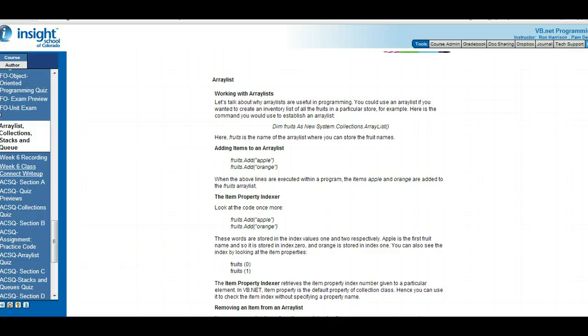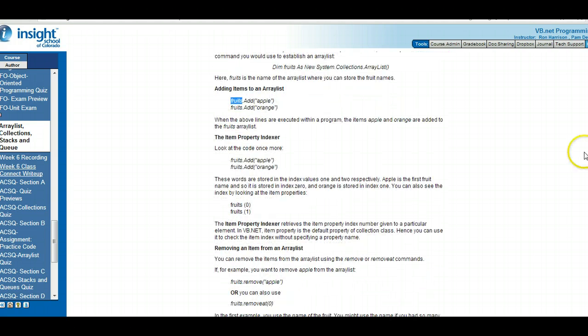Now working with the array list, the first thing you need to do, just like everything within Visual Basic, is you need to declare it. So you would declare fruits. We can see this is going to be an array list of fruit, types of fruit, in the collection. So it's going to be an array list that you're going to create. And then to add to it, what this says is add the fruit apple to my array list called fruits. So we're building this array list,